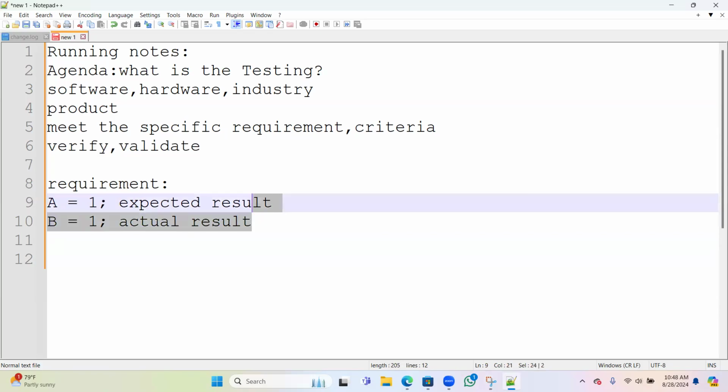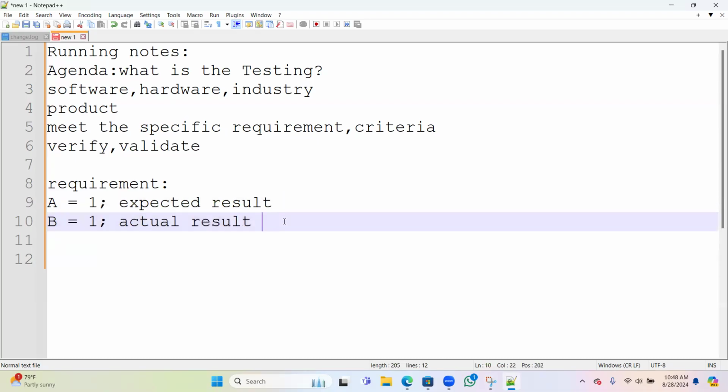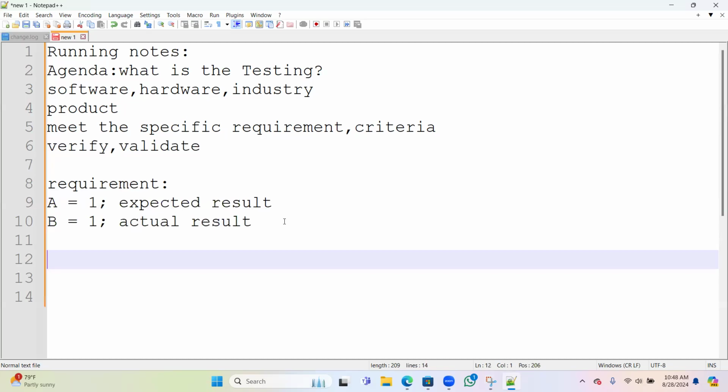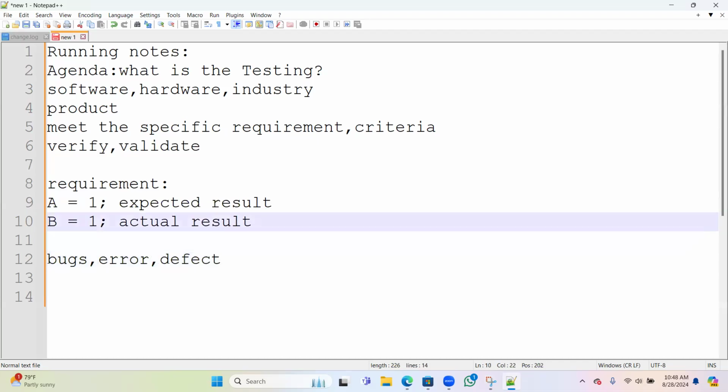We compare this actual result with the expected one, and we call the deviations bugs. So we find the errors. What an error, bug or defect is will be another chapter; for now, we'll keep it simple. We call it a bug, meaning some deviation I have seen. It is a difference, so it has to be fixed.